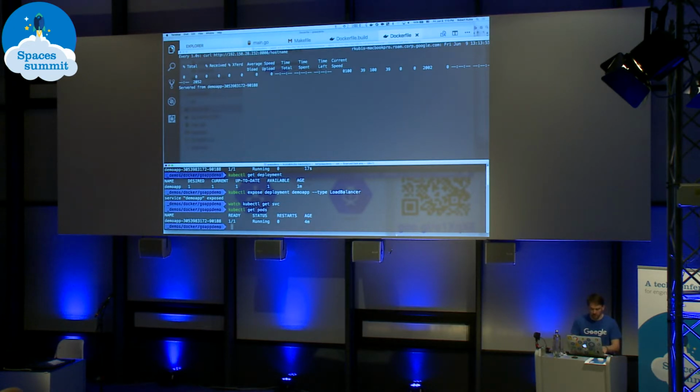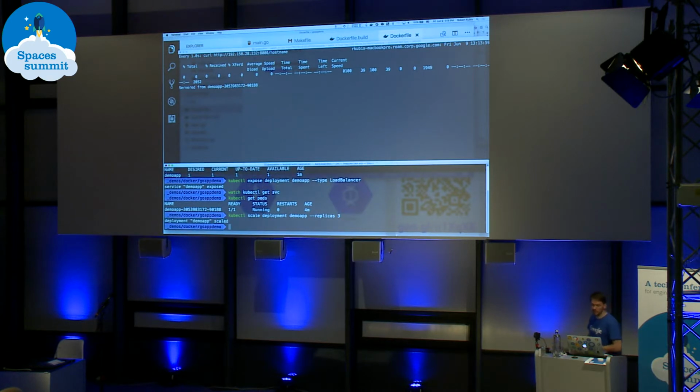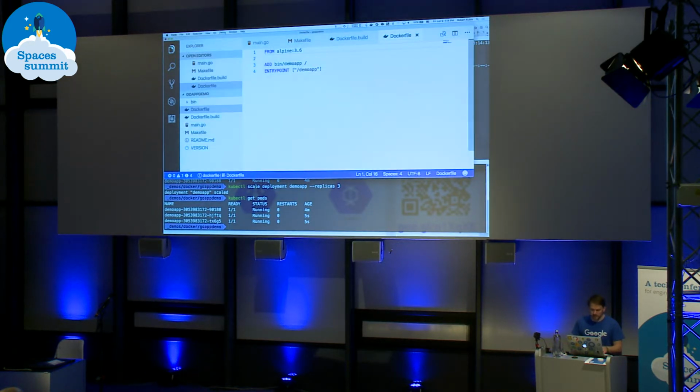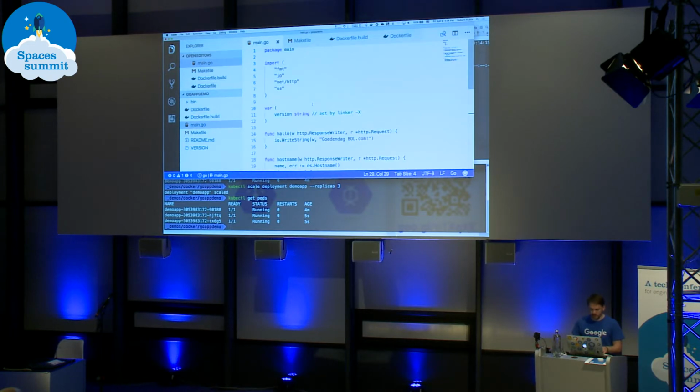So now what I want to do is actually scale this. And let's scale this to 3 replicas. And I do kubectl get pods, and you can see they are up so quickly. You can just scale out and in very easily. Another really cool thing about this, and I want to show that really quickly, is